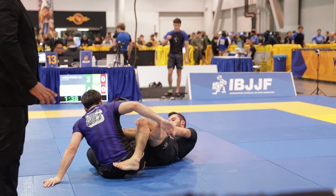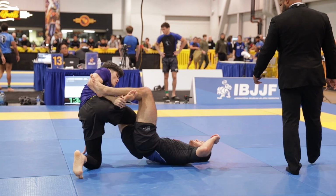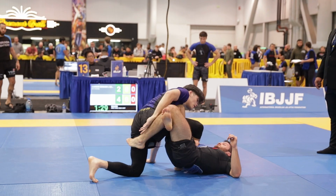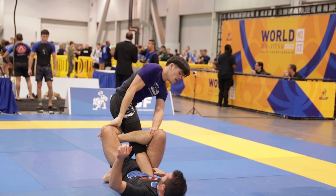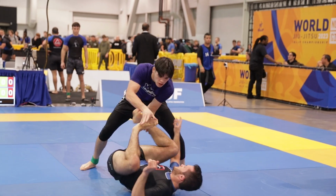Guys, this is where things start to look really grim. We're approaching the last 90 seconds of the match, and he's up 2 and I'm stuck in 50-50, so I need to find a way to get out of this fast and score points. Fast forwarding a little bit to the escape, I'm able to get out as he goes for a calf slicer, but since they're illegal, I believe he had to let go of it, and I immediately start jumping onto north-south